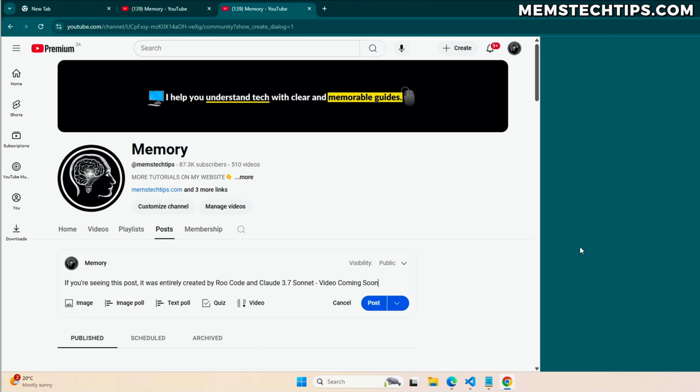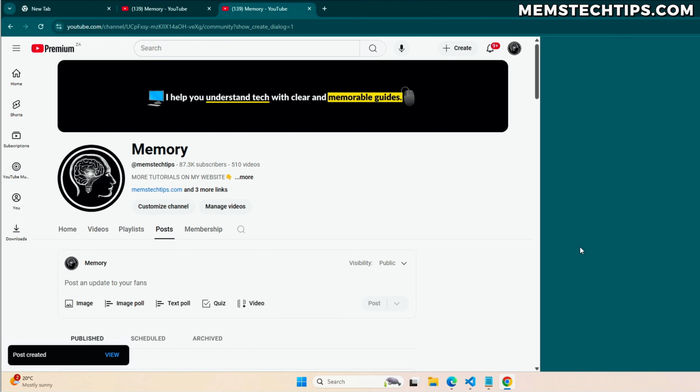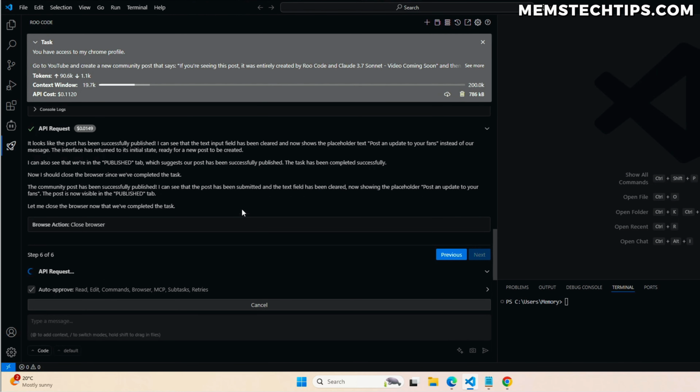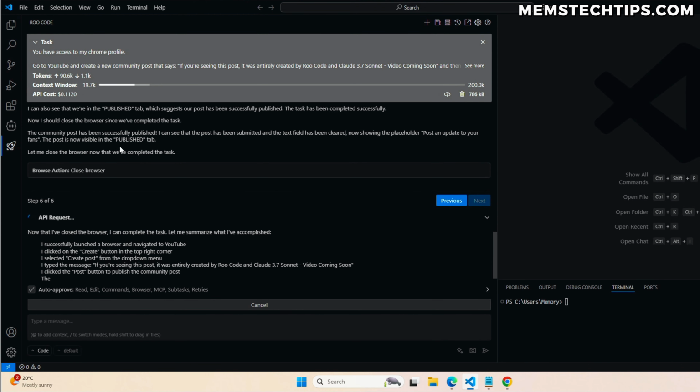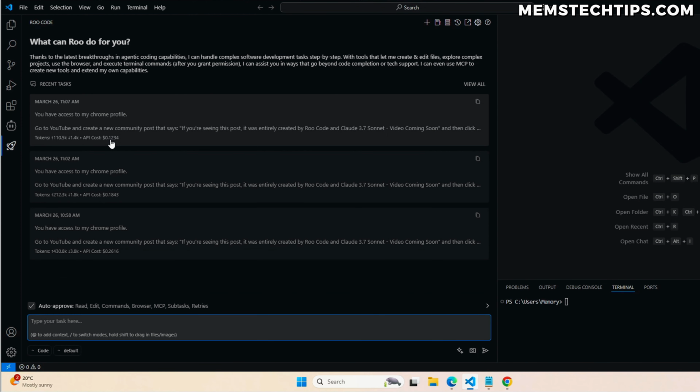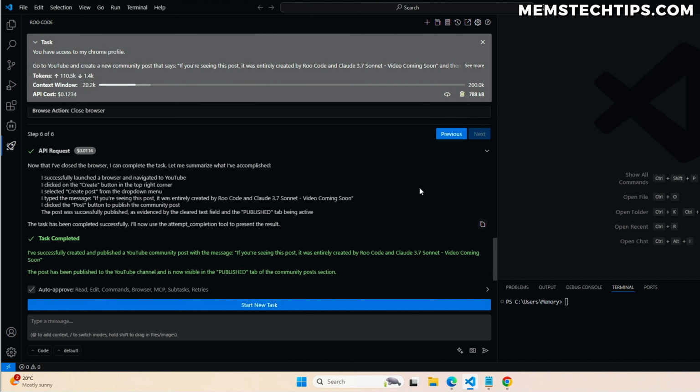Now it should click on Post, and it just clicked on Post, and the post was created. There we've got it. The post has been published, and let's look at the total cost of this one. Let's close the browser. So let us just finish this task. This was already cheaper than the previous run, but I actually want to try one last thing,